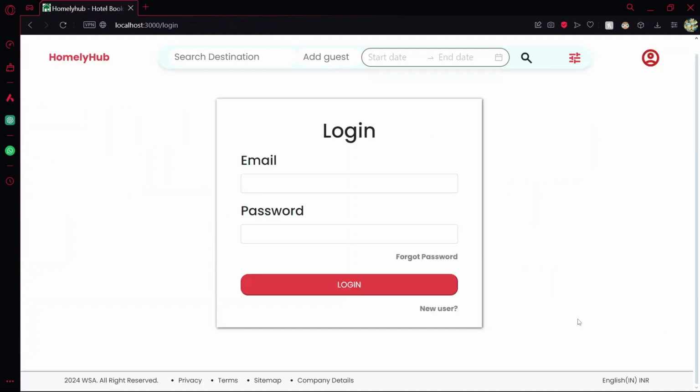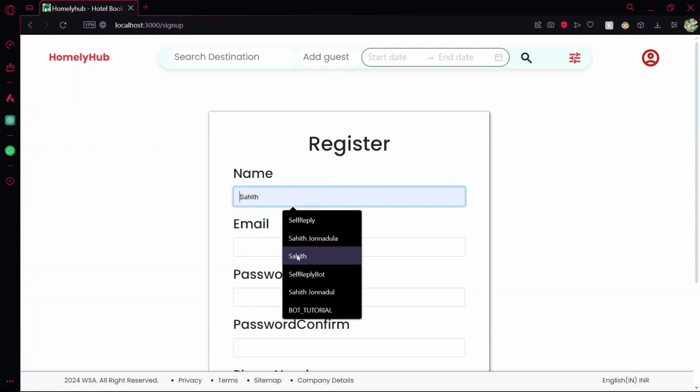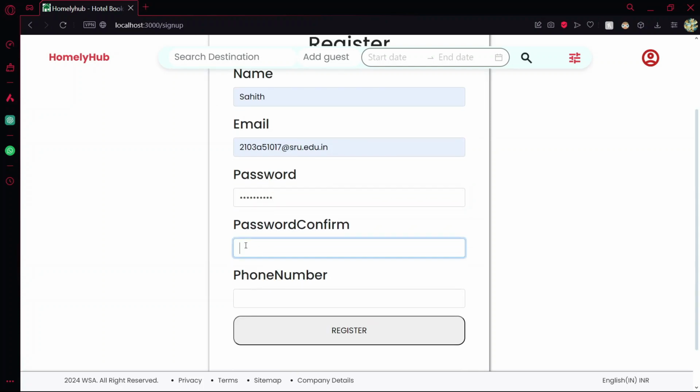So upon booking this place, it's essential to log in, and if you do not have a login user ID, we need to go for new user. And if you go for new user, you are of course going to be providing the required information. And upon providing the new user information, we're going to be registering it,